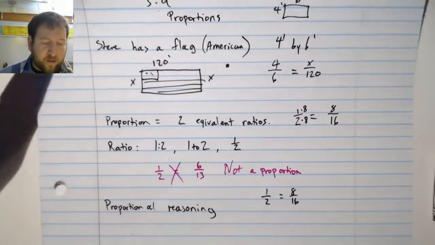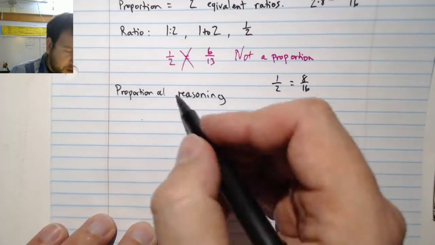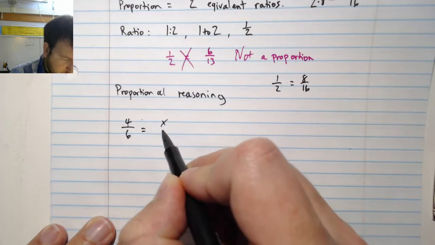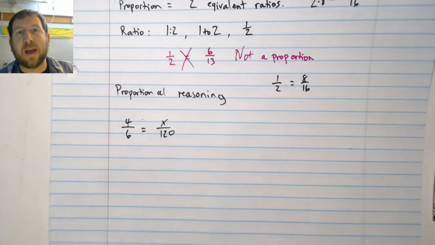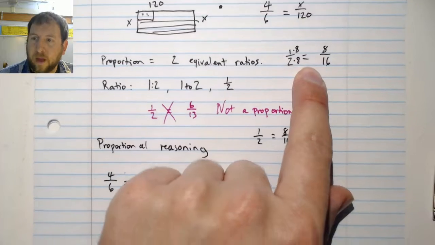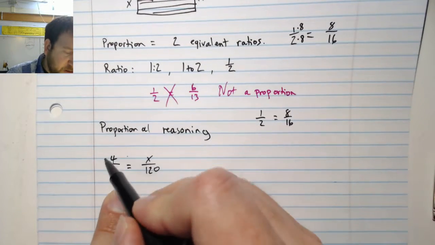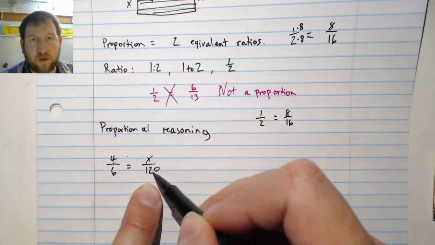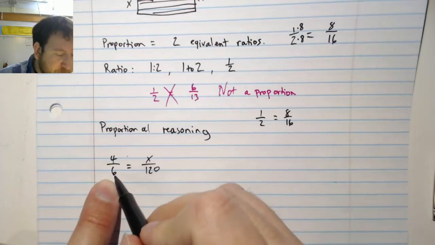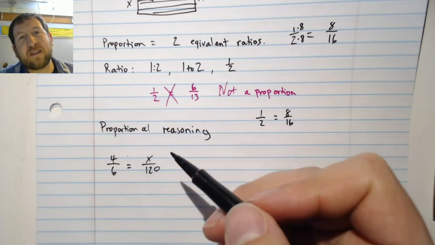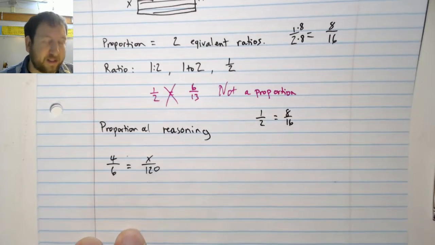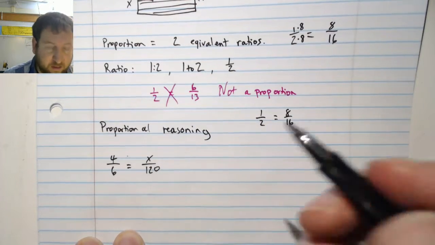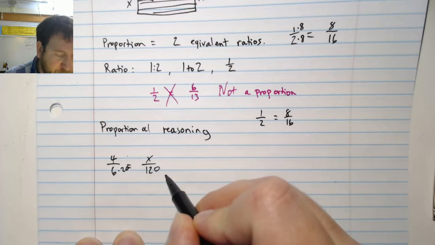Right? So now the question is, let me bring my little flag down here, and I'm going to use my proportional reasoning. 4 to 6 equals x to 120. And I can do exactly what I was doing before here to help me solve this problem. The question is, what do I need to multiply this to turn it into the same proportion? Well, 6 and 120, that should jump out to me because I know that 6 and 12 are factors and it's easy for me to get to those. So my mind immediately thinks, I bet 6 times 2 is 12, and to get that 0 in the end would be another 0. So I bet 6 times 20 is 120,